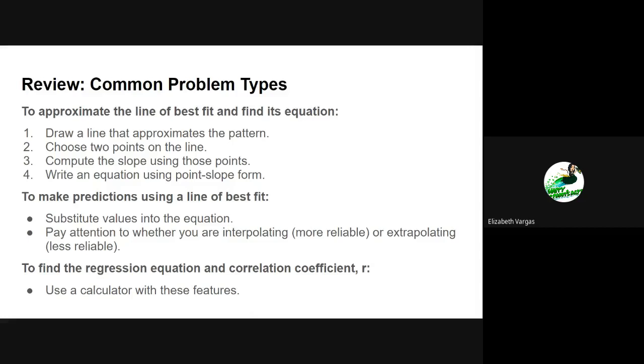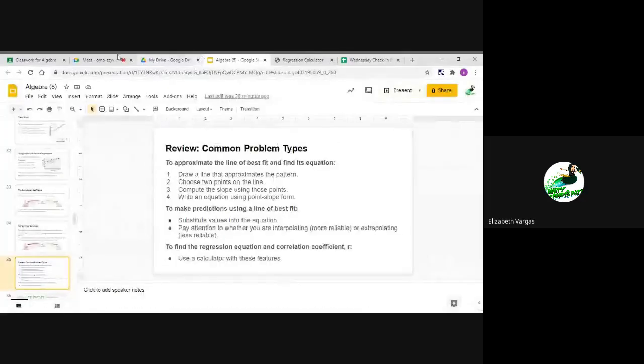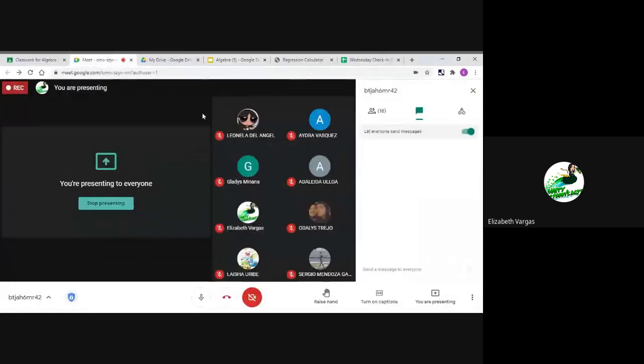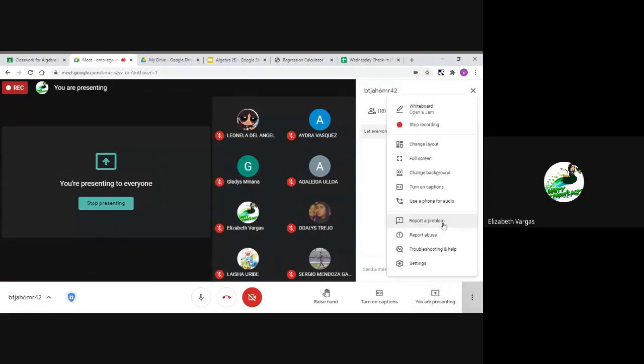And then if we want to find the regression equation or the correlation coefficient, we can use a calculator with those features to do so. Okay. Any questions about what we went over today? No, ma'am. Okay. And like always, we'll go over some practice problems tomorrow, and you'll be able to see how we're going to use this information to actually answer problems. But if there's no other questions right now,